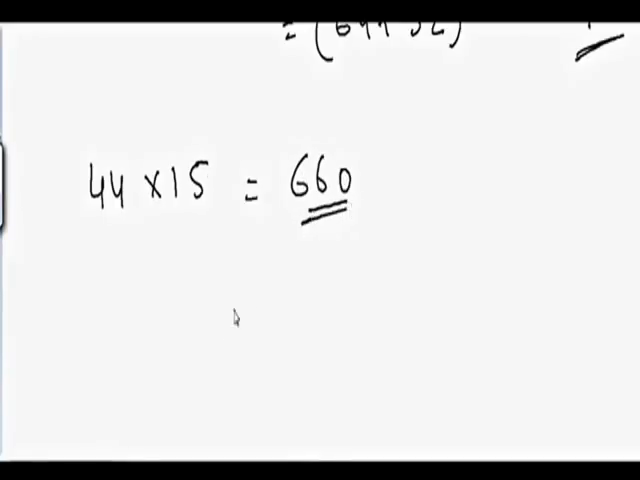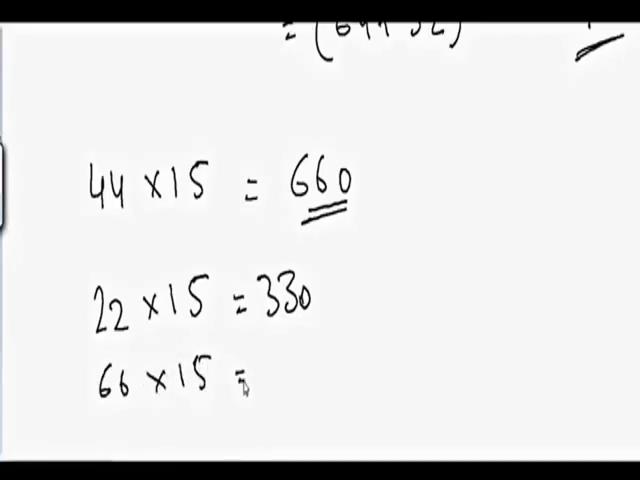Suppose if I want to multiply 22 by 15, so that will be equal to 330. And if you want to multiply 66 by 15, that will be equal to 99 and 0. So as you can see, I'm using simple numbers, but you can always go to complicated numbers and do the same kind of